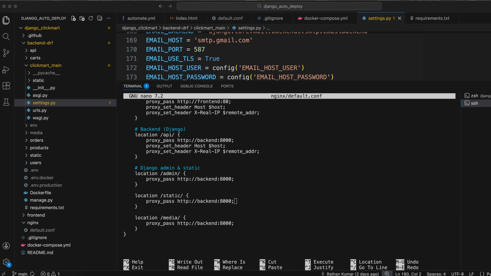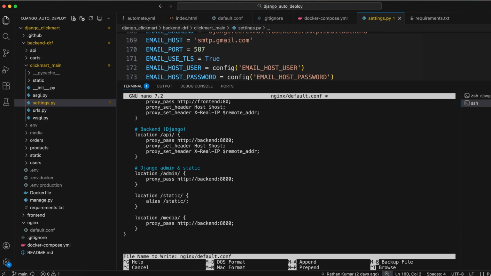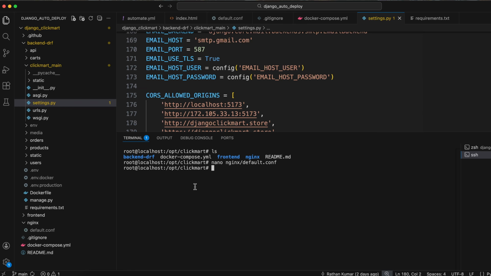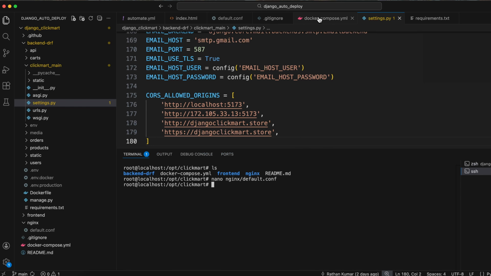So that's why, instead of this one, what we have to do is just remove this, and we will just say alias space static. So now this nginx will serve the static files from your static directory. All right, once this is done, you save it. Okay, Control X, then Y, and Enter. Done. All right, next what to do, we have to just take care of the volume